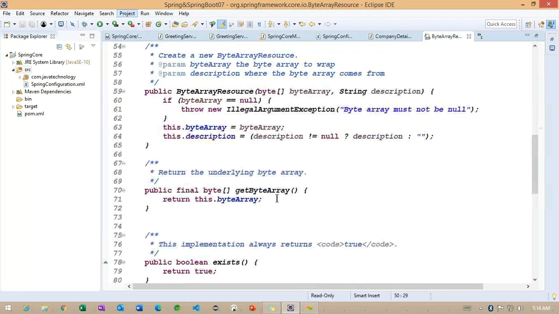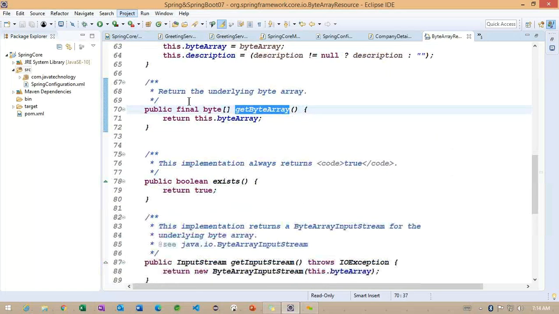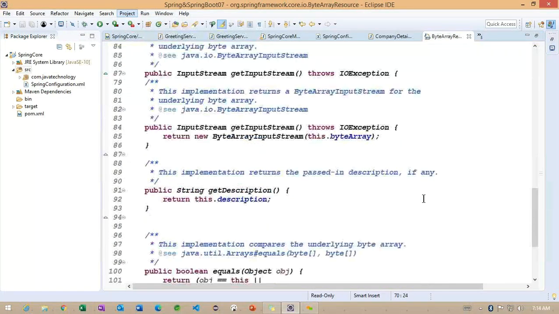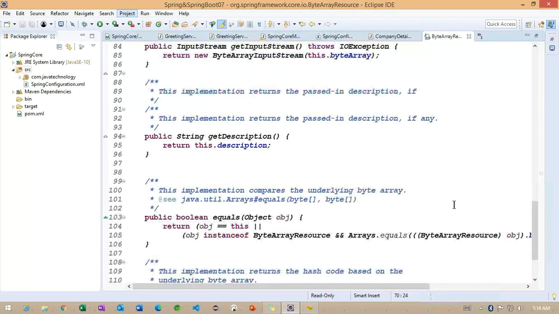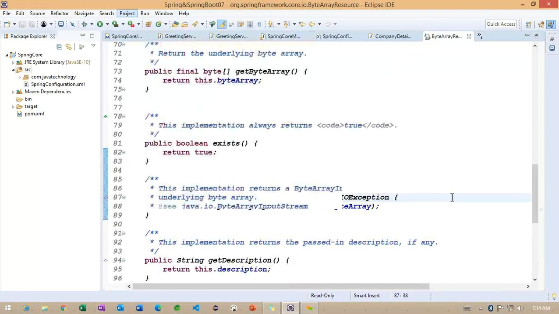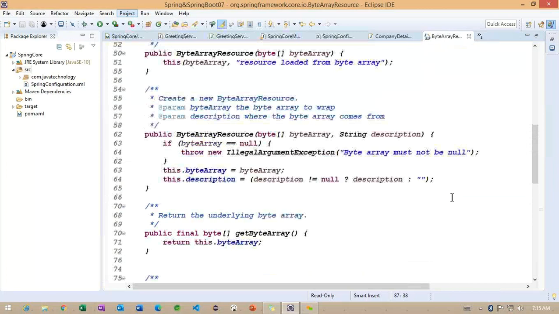Right. Now, to get the particular byte array, we'll call the getByteArray method, which returns the byte array here. So these are the remaining methods we have here: hashCode, equals, description and input stream. Right. So we'll check with